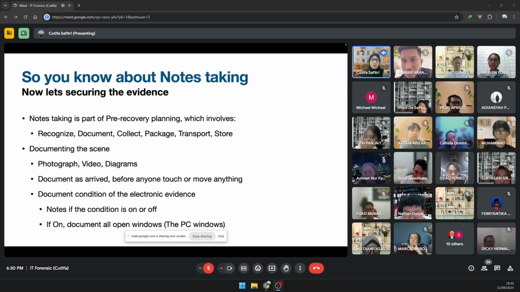If a computer has auto encryption, you have to be careful because you do not want the encryption to kick in. Once the encryption kicks in, you will find it hard to find evidence, because now everything has been encrypted.